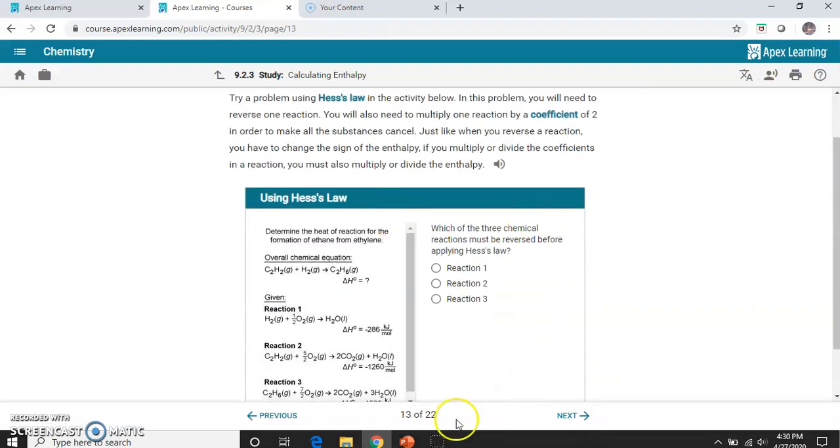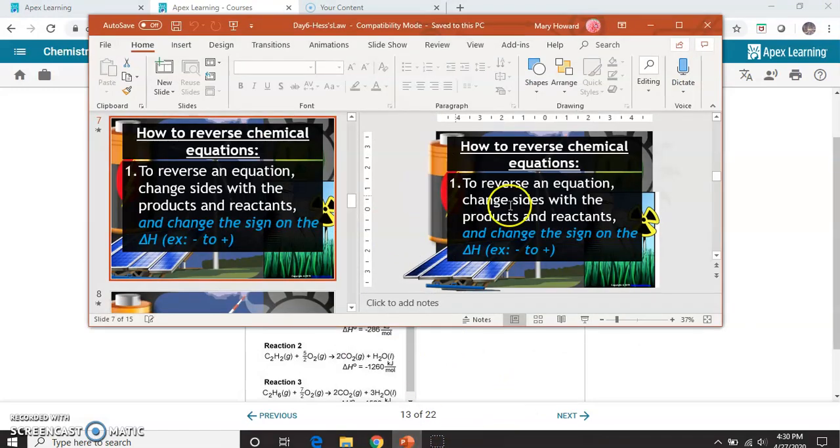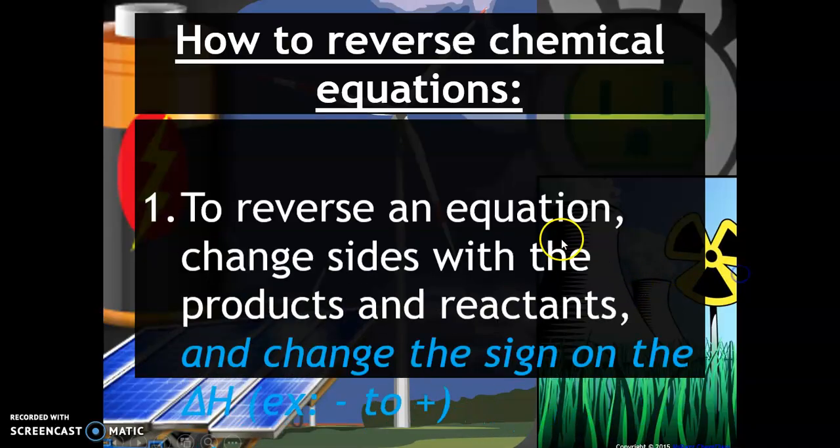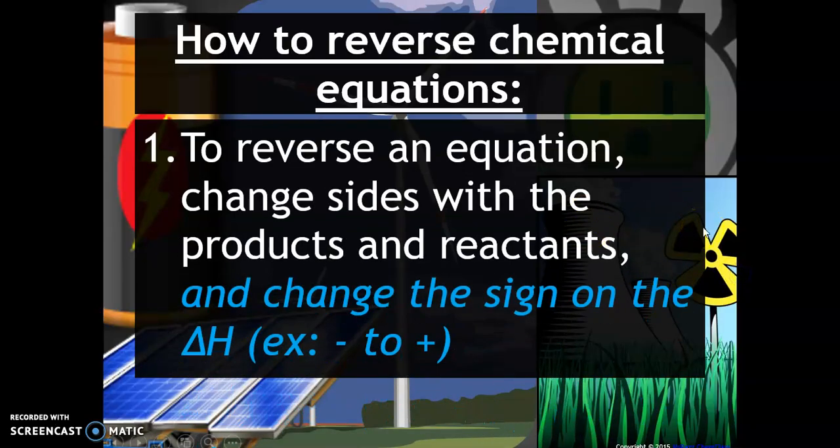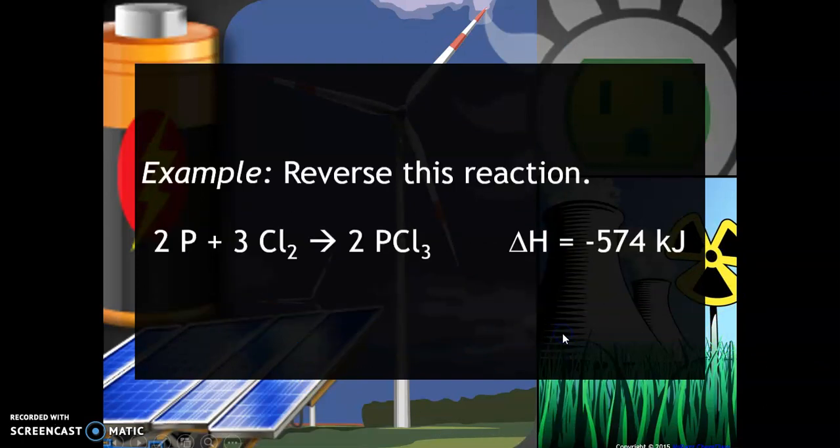So before we get into this, I'm going to show you a little bit of the lesson. What did I mean by reversing? What did I mean by multiplying? Sometimes we need to change sides with the products and reactants. Maybe water's on the product side, on the right side, but it needs to be on the left, on the reactant side. So all I do is change the sign from negative to positive. So for example,